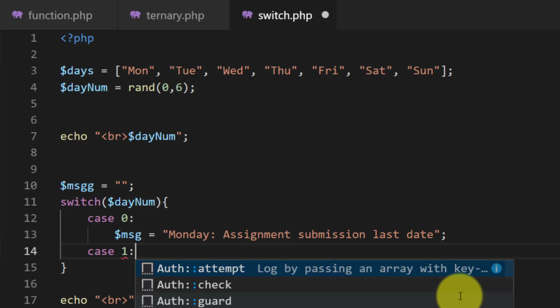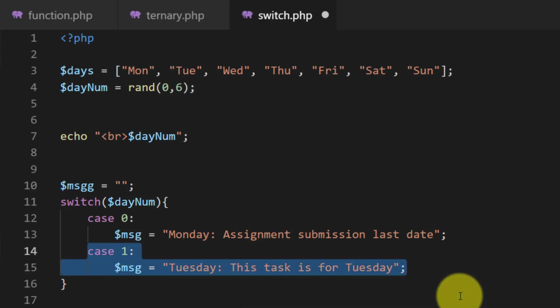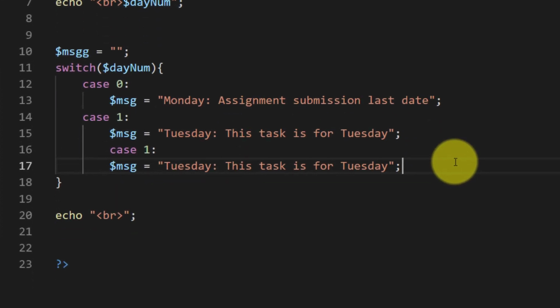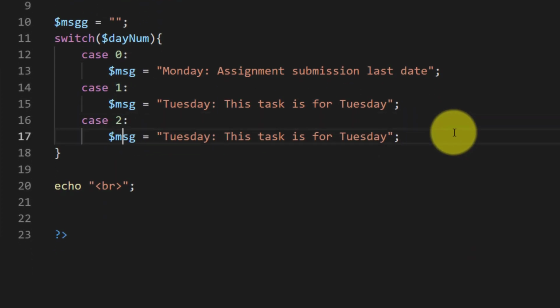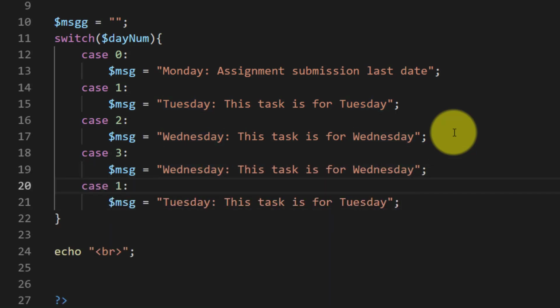And in case 1, a message Tuesday, this task is for Tuesday. Copy this, and for case 2, for Wednesday, case 4,